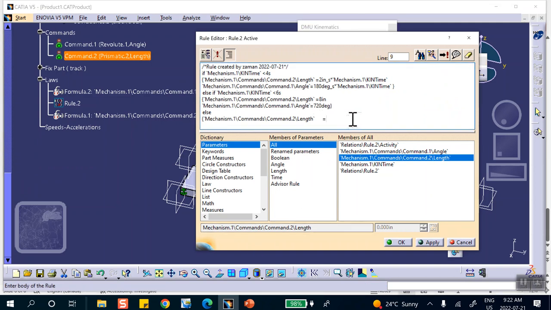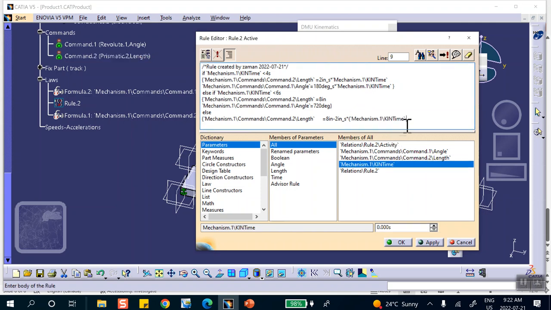So it's going to be equal to 8 inches minus 2 inch underscore second times time minus 6, because you're measuring the time. When you multiply it by the velocity, it's going to be beyond the 6 seconds. Think about this thing, please. So it's going to be time, and this is a very common mistake, time minus 6 seconds,